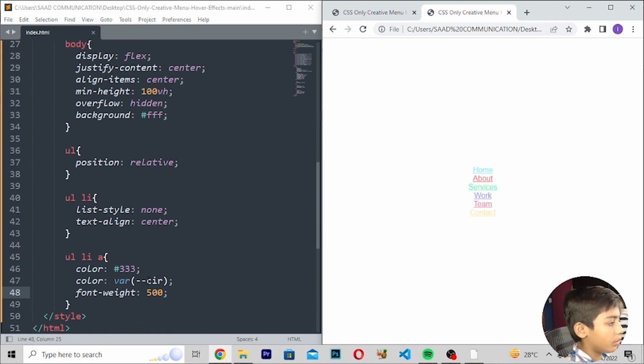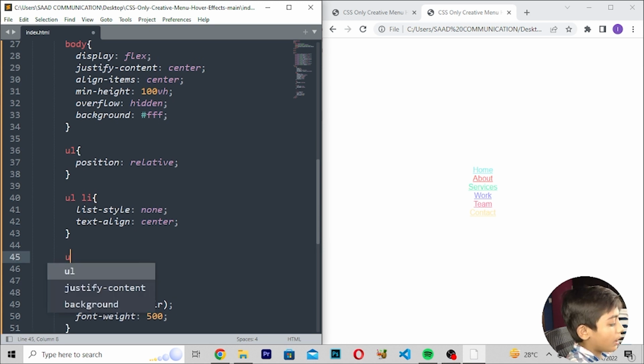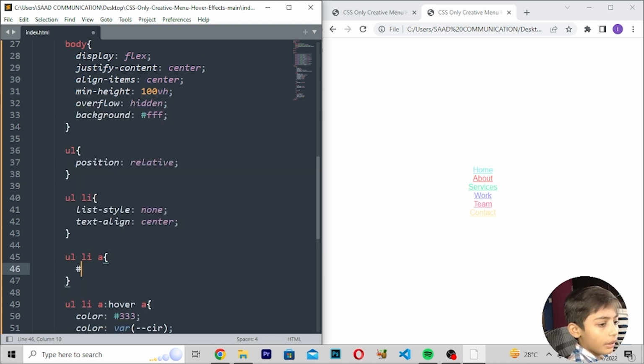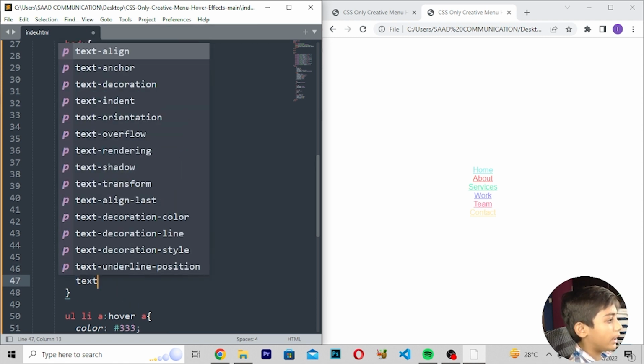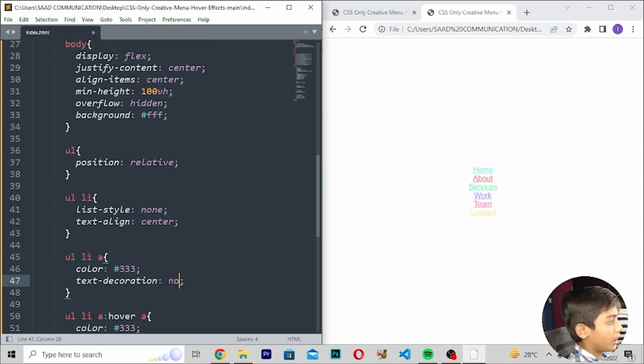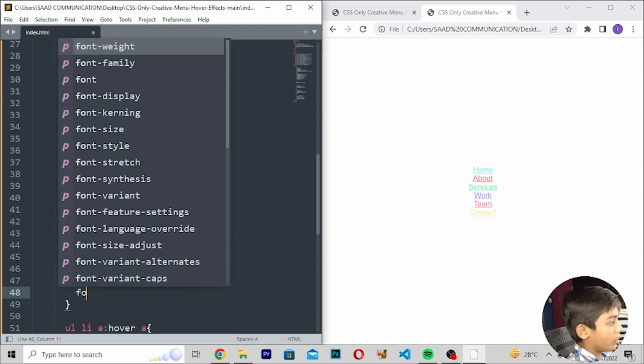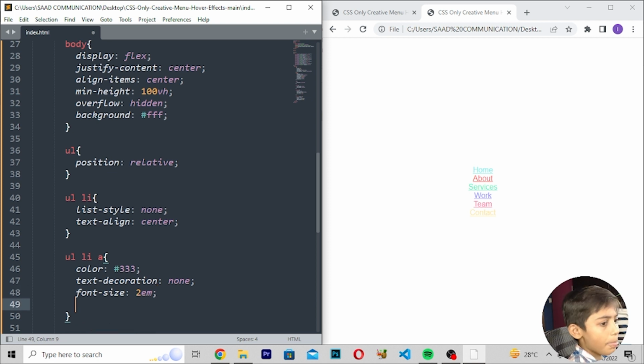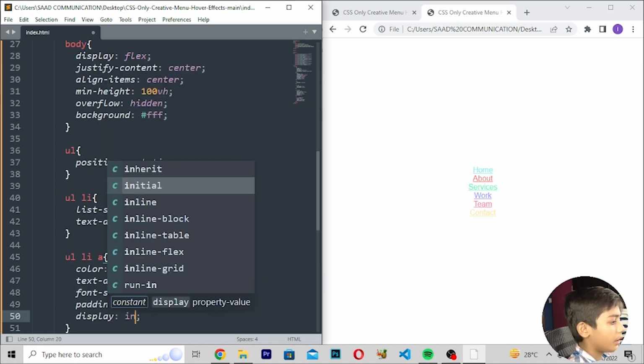And now, sorry, here we made a mistake. Here we can write hover, and then the anchor. Now enter. Now you can write ul li a, color #333, text-decoration should be none. Enter. And here you can write font-size should be 2em, enter, padding 5 pixels 20 pixels, enter,